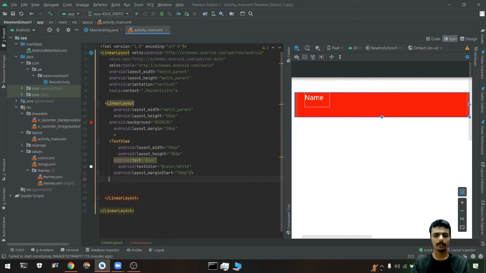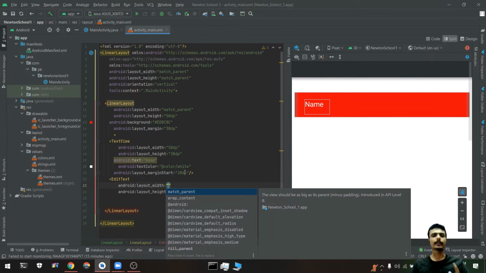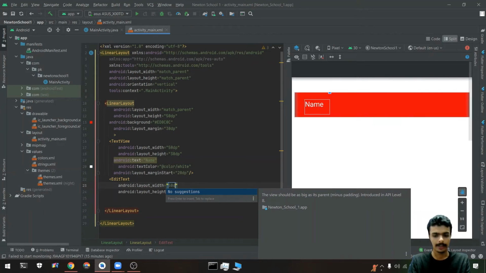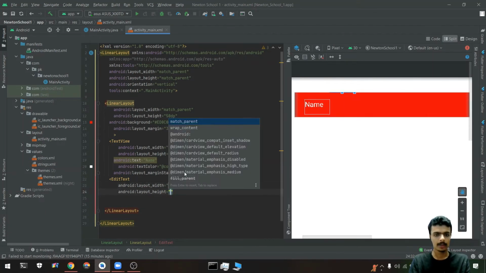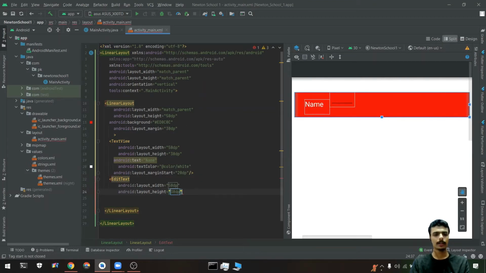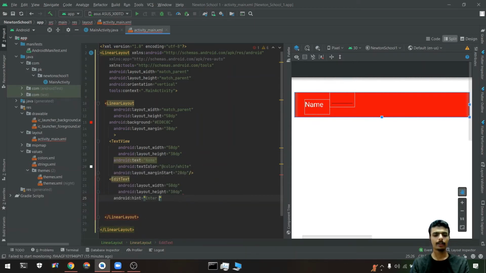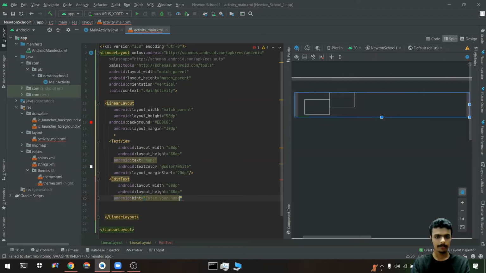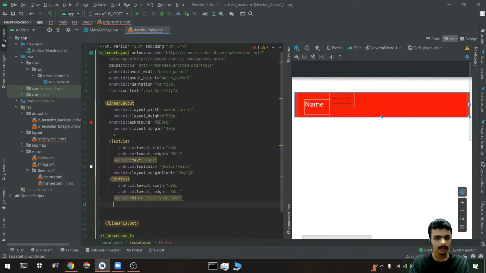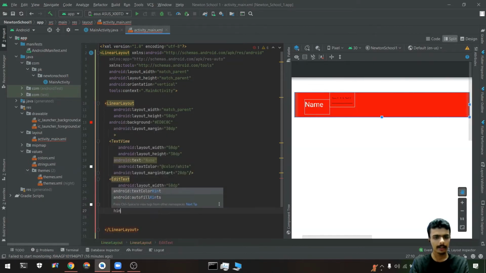And an edit text is where we can add some text from our keyboard. I will keep the same 50 dp of width and 30 dp of height. In the hint of the edit text we write the hint: enter your name. Text color would be white, and the hint color can also be white.